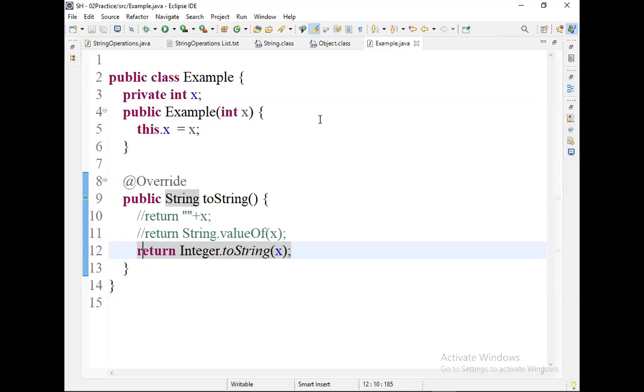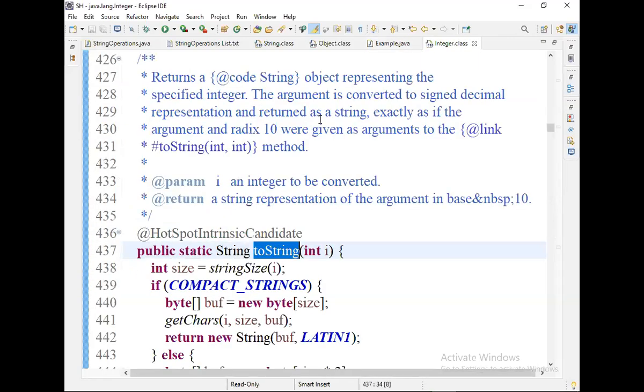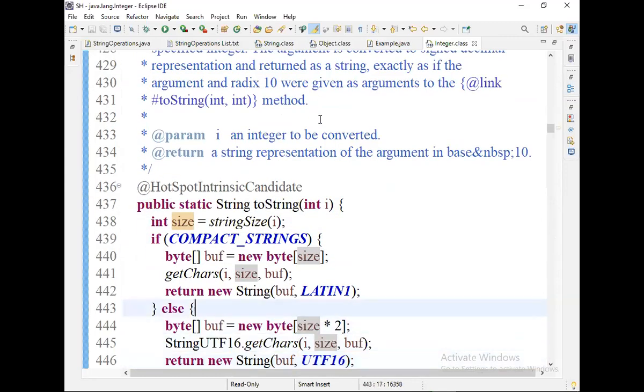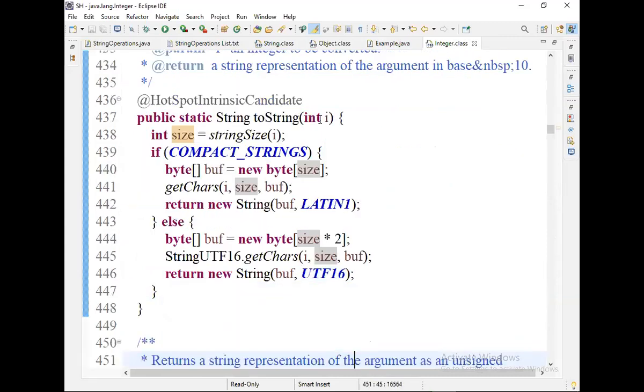Sir, which approach is best? Which approach must I follow? All approaches are the same. Integer dot toString implicitly uses a string object only, or new StringBuffer.